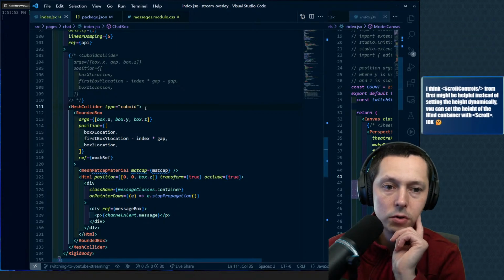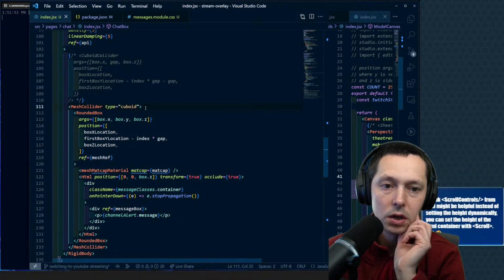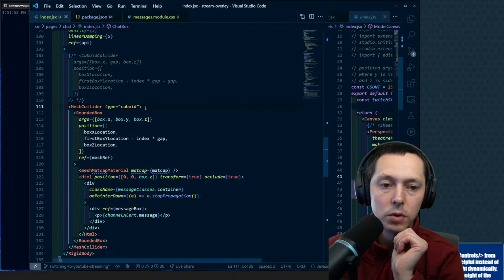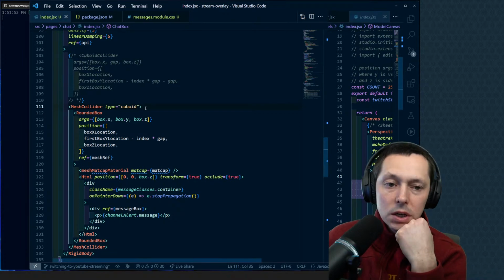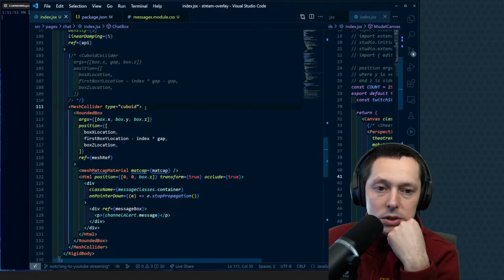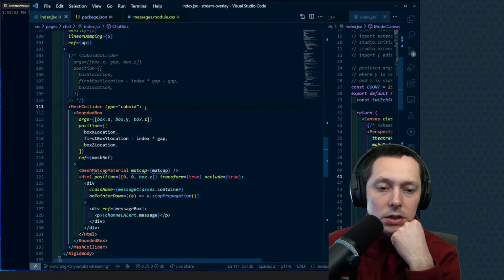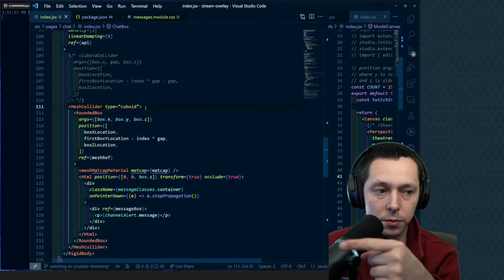You think scroll controls from drei might be helpful instead of setting the height dynamically? You could set the height of the HTML container with scroll. Well, see, I don't think I want to set the size of the HTML container. The HTML container is going to be, I want it to be whatever size it needs to be. So if that was a big chunk of text there,